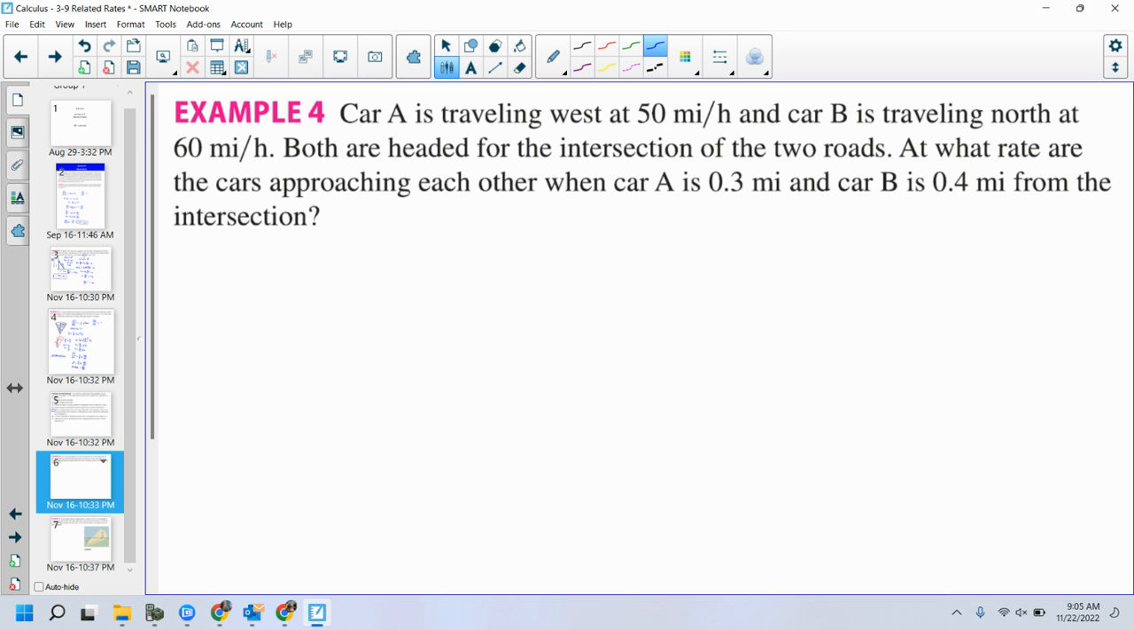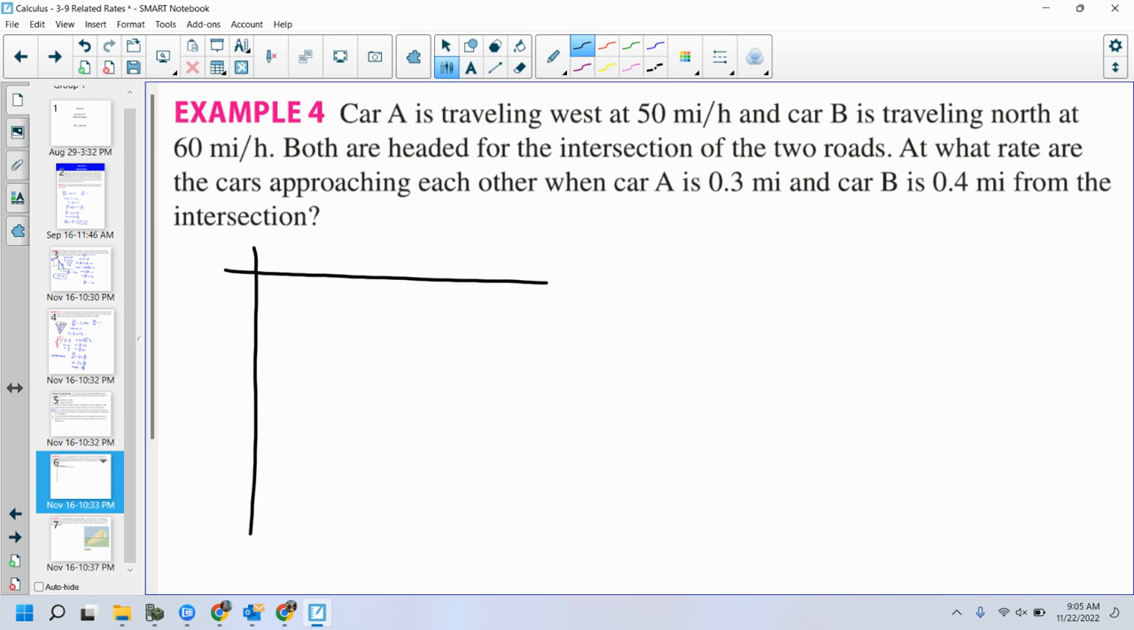Car A is traveling west at 50 miles per hour. Car B is traveling north at 60 miles per hour. Both are headed for the intersection of those two roads. At what rate are the cars approaching one another when car A is 0.3 miles away and car B is 0.4 miles away from the intersection? Okay, let's draw our diagram. So we got these two roads,